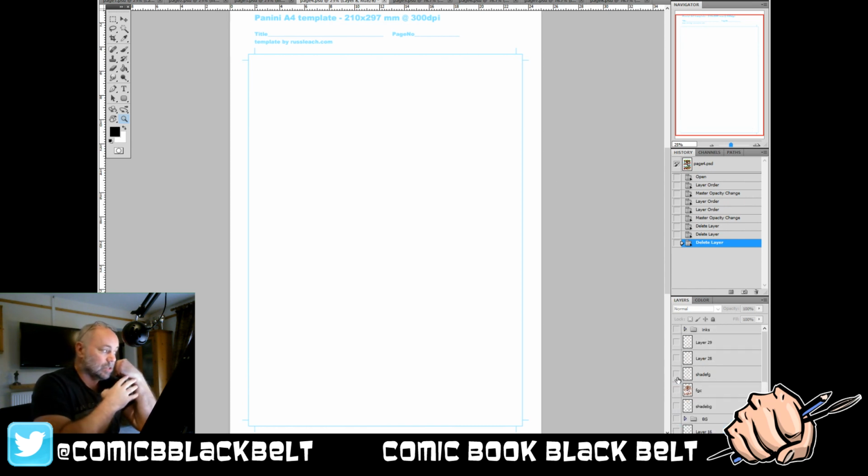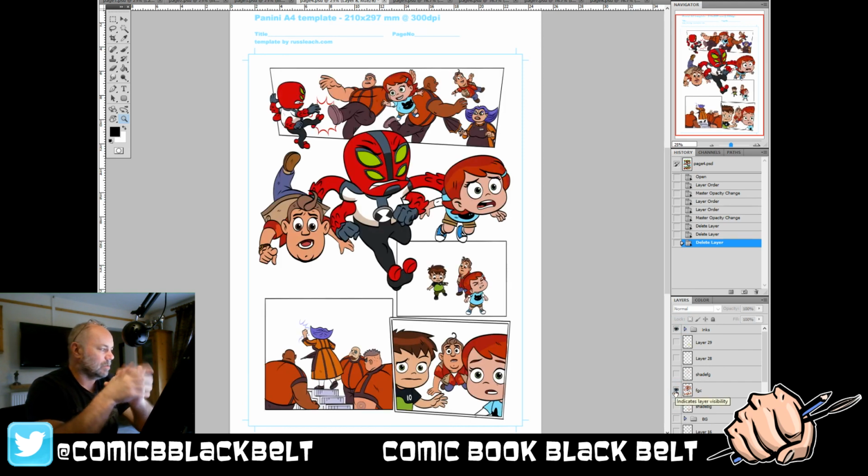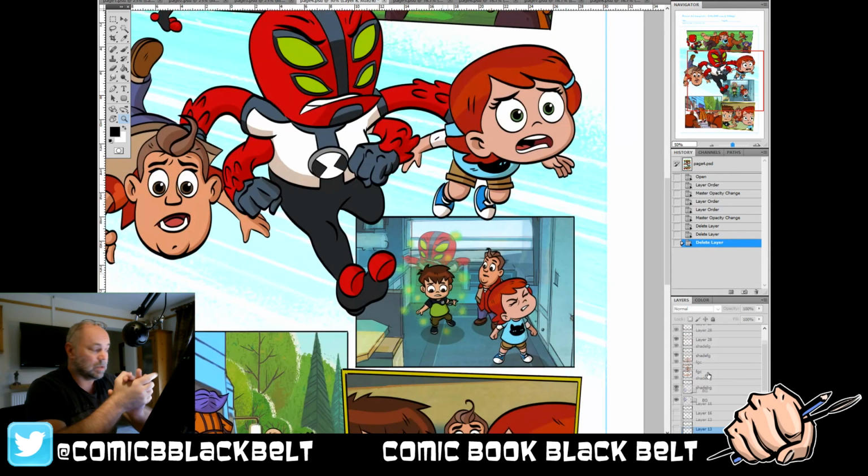There we go, straight in again to the pencils, where Four Arms was a cute little version of himself. And as you can see, what I'm doing here is colouring in the characters and shading and highlighting those characters and dropping them over the top of backgrounds in much the same way as you would do in an animated piece, and then put on special effects like the knocking on the door, or the way that baby Ben 10 had